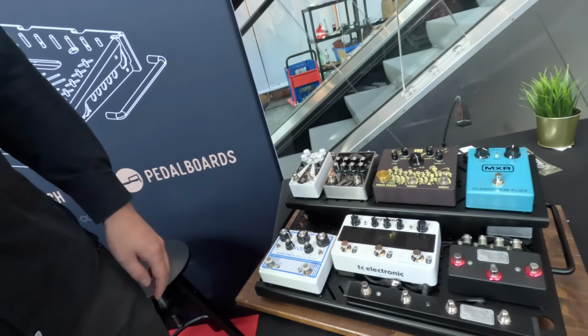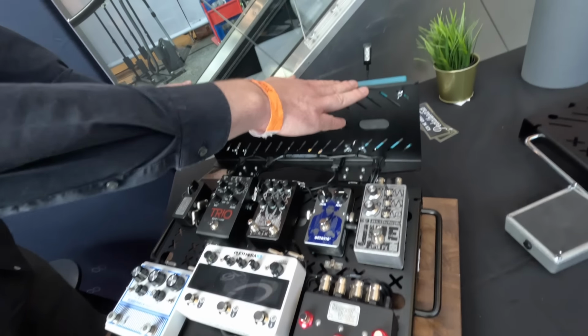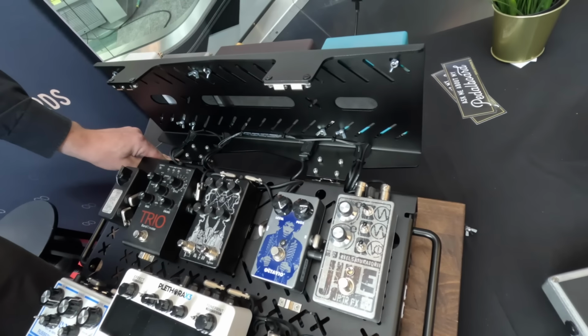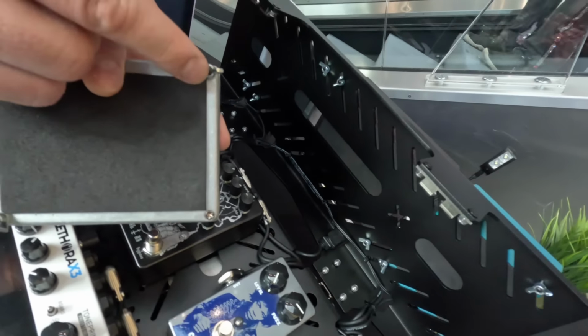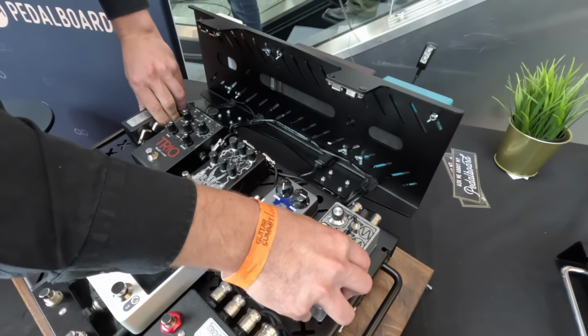Pretty nice. We're here at Werk, and I'm here with Konstantin. And Konstantin, you make pedal boards and patch boxes. Yeah, exactly. I have a new modular pedal board. There are 3 modules. There's this base module, the top, and a smaller base module. And you can configure it as you want. You can expand it to the side. One special feature is the way that you can mount pedals by removing 2 of the enclosure screws and inserting these little threaded screws, and then you tighten down the pedal,